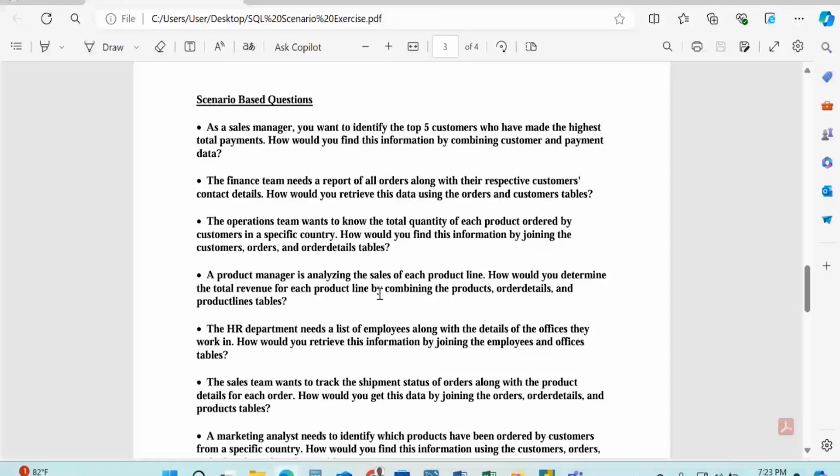All right, so the first that we solved last week was to see, playing out a scenario as a sales manager, you want to identify the top five customers who made the highest total purchases, the highest total payment. How would you find information by combining customer and payment data? And we have hints to guide us to what we're looking for. And the hint we have on this first question is that we'll be combining the customer and